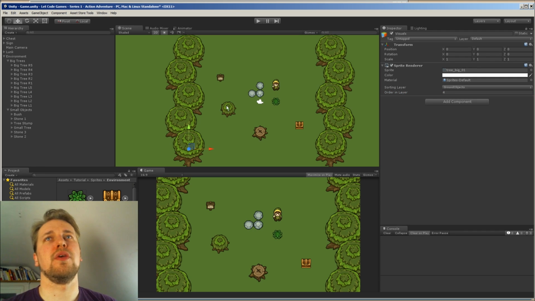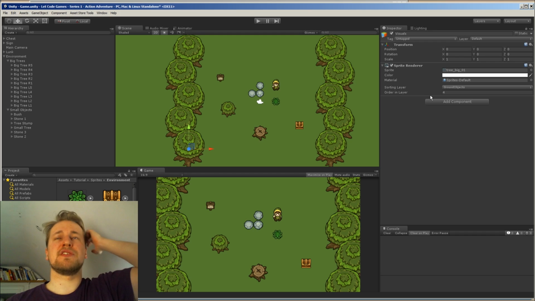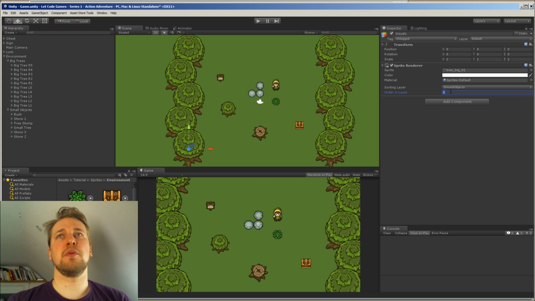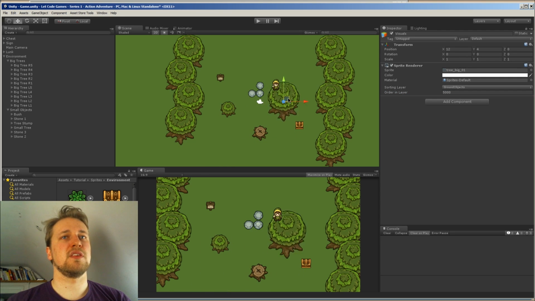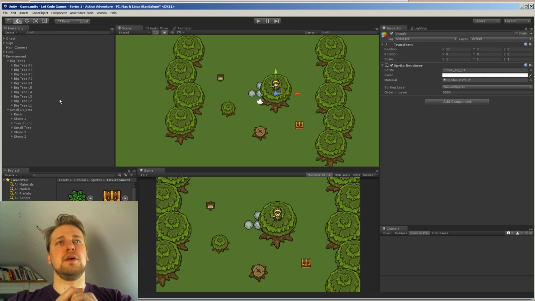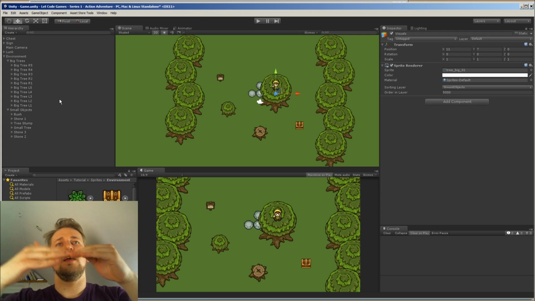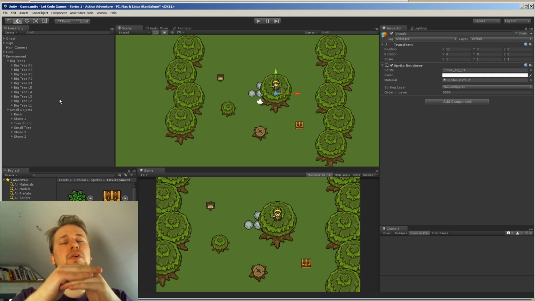And this is basically what you can do with the order in layer. The objects are sorted first by the sorting layer. So no matter how large the order in layer value is, let's say we put this to 5,000. So this tree here is on order 5,000 now. So it's above all the objects, but you can see it's still below the main character. And this is because the main character is on a different sorting layer, which is always above the ground objects. So no matter what the order inside the layer is, the character is always drawn in front of our objects,